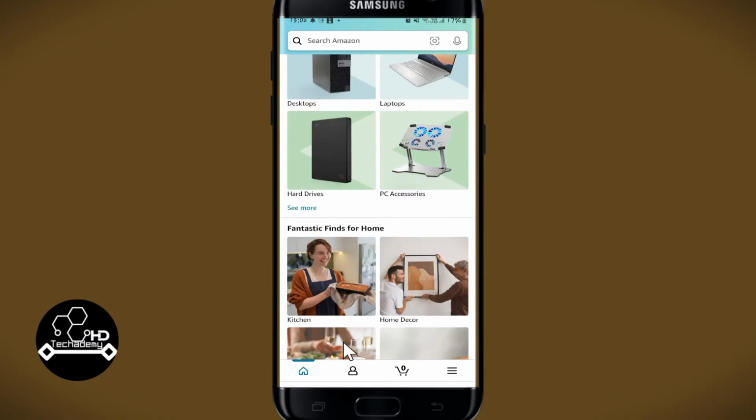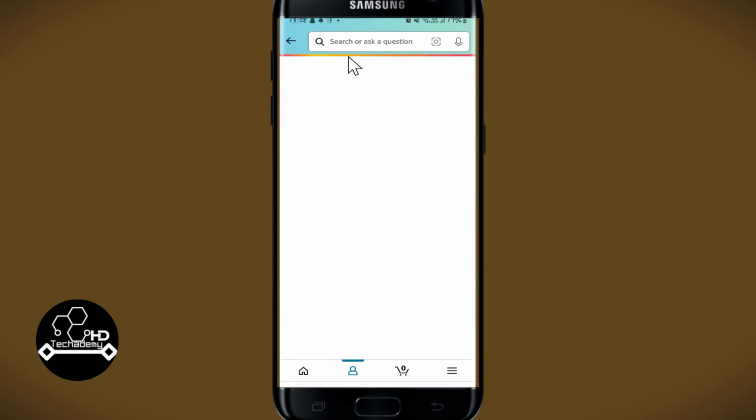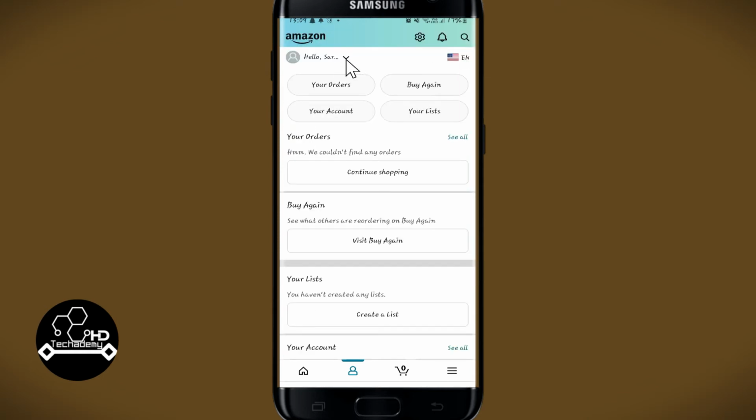Now, if you wish to log out from your account, just tap on the account option at the bottom section and you will now see your user ID at the top. Just click on the drop-down menu alongside your username. When you tap on this button, you will see the sign out button at the very end, which you can